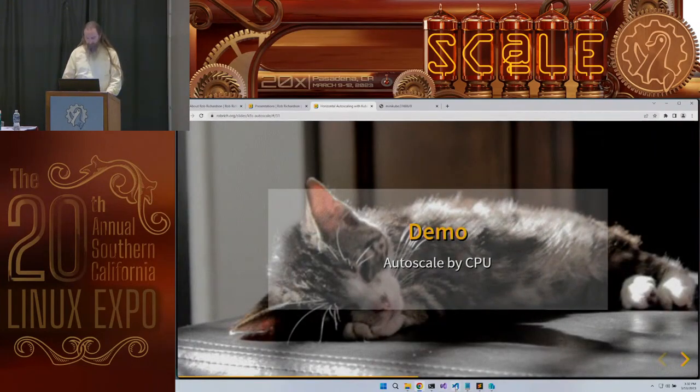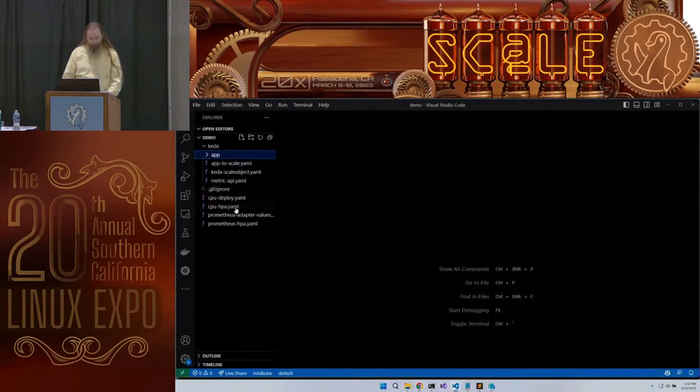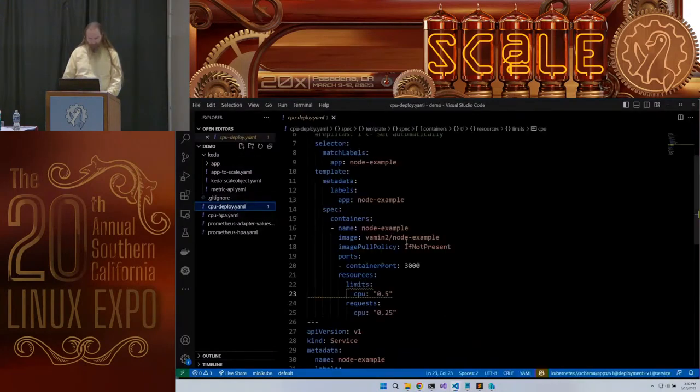So I've got here a deployment, and this is going to just run this node example app, which is just a really simple app that responds to requests in hello world. I've set some limits. I want it to take at most half a CPU. Yeah, I could specify other limits, but we'll come back to why that may not be a great idea.